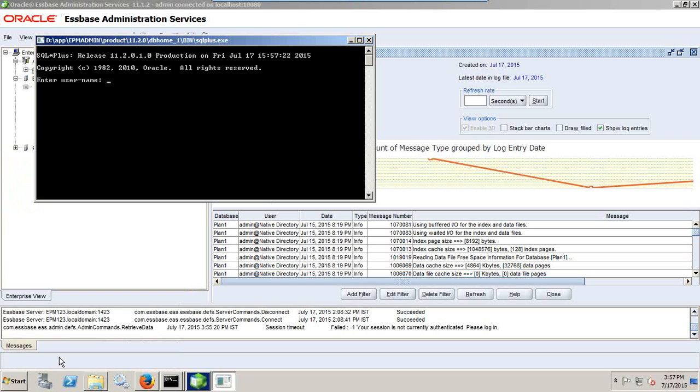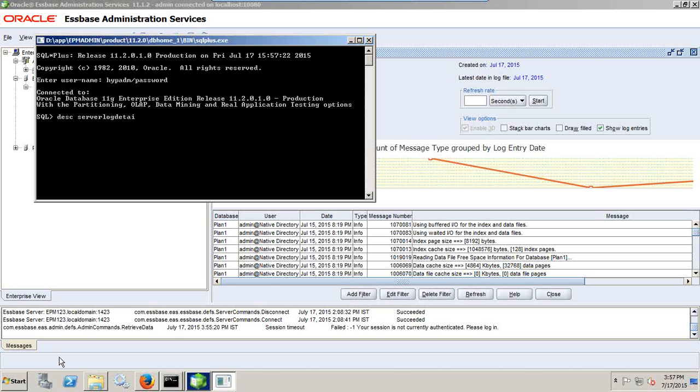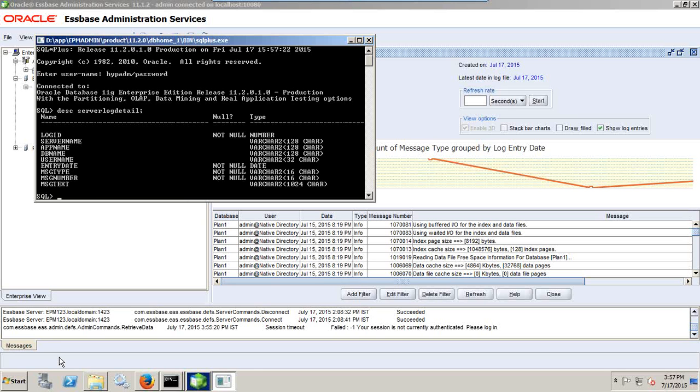I have configured my Hyperion under the schema HYP admin, and you can query this. This is the table description, server log detail. This table gets populated. So whatever information I would like to fetch from this, you can also do a custom query. For example, I would like to check the username and the login time of the user. The login detail you can find under entry date